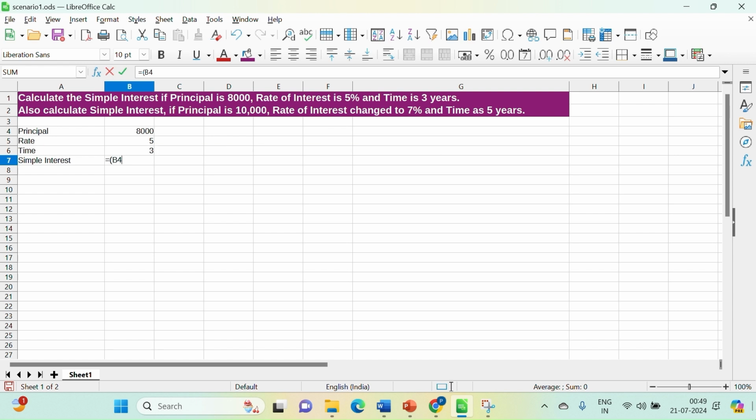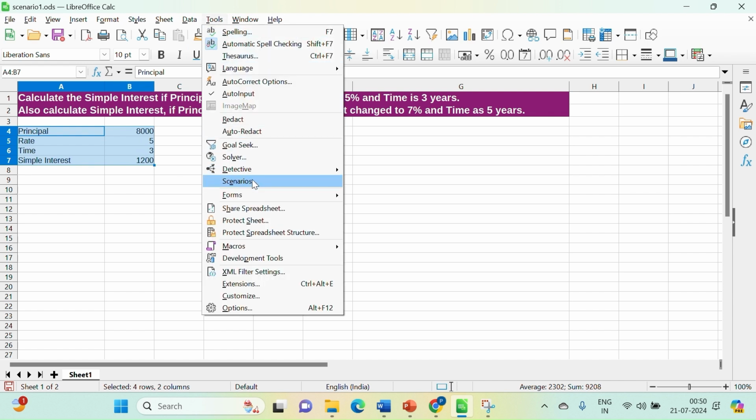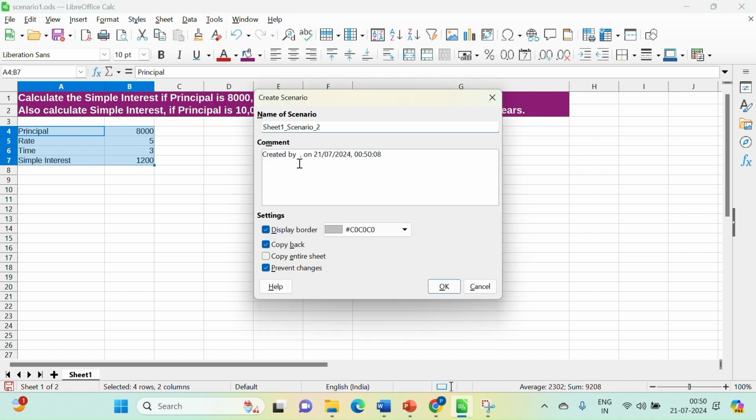So B4 multiplied by B5 multiplied by B6 and then divided by 100. Now this is the simple interest that we have calculated on the basis of the above mentioned values which we have entered. So to create the scenario, we are going to select the data, then click on Tools, then click on the option Scenarios.